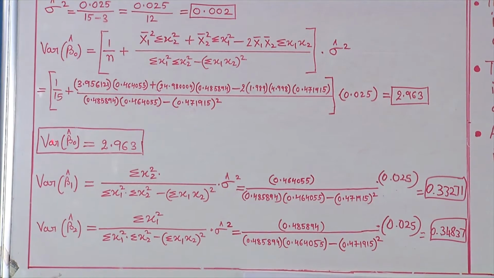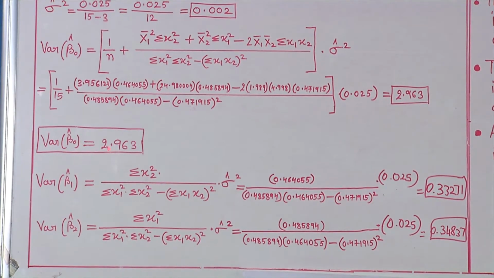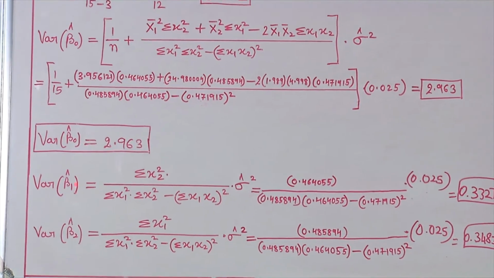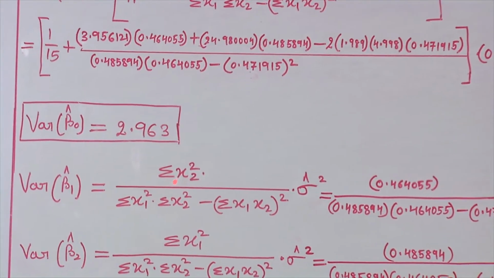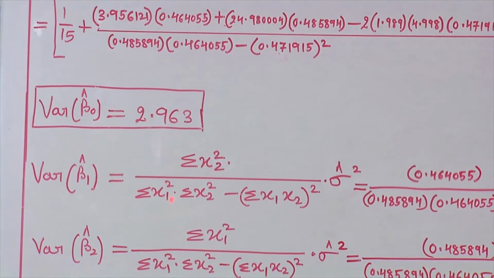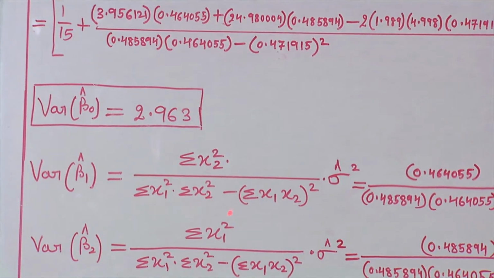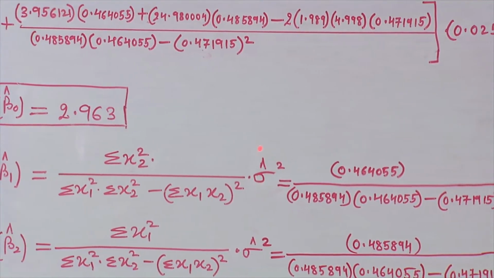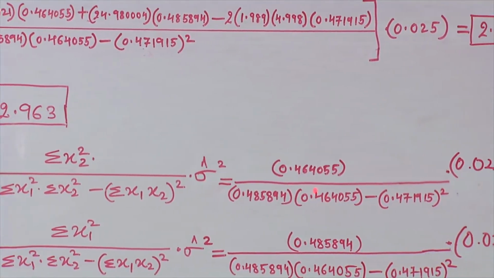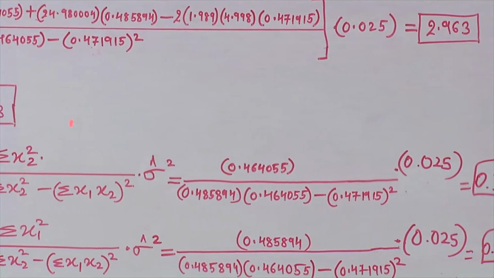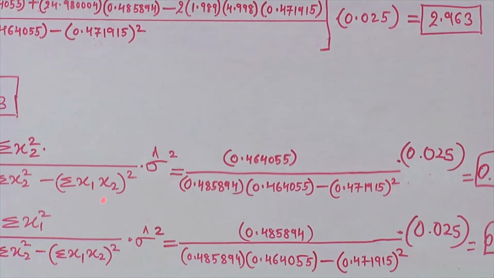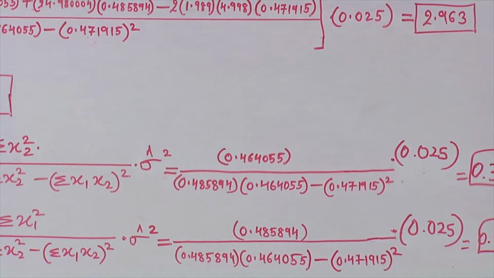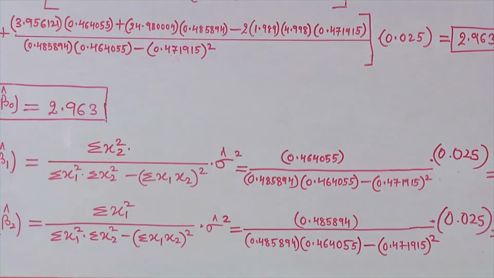We have calculated the variance of beta naught hat as 2.963. Now, we shall calculate the variance of beta 1 hat using the formula sigma x2 squared divided by sigma x1 squared into sigma x2 squared minus sigma x1 x2 the whole squared into sigma squared hat. After substituting the values for sigma x2 squared, sigma x1 squared, sigma x1 x2 and sigma squared hat, we get the variance of beta 1 hat as 0.33271,